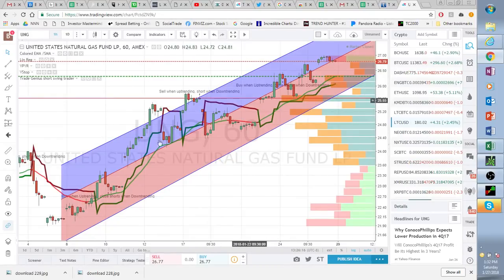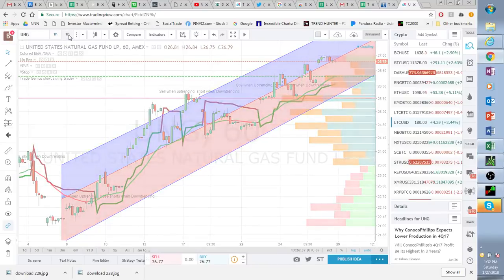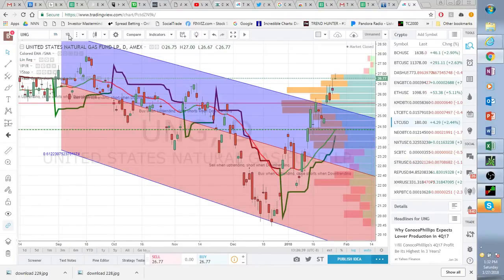We've had some big moves here because this is all weather related and storage issues, and it's still on a buy, but we're at a point pretty close where we'll start seeing a sell signal on it. And when you get a sell signal on UNG, the trend becomes your friend on the larger time frames. As you can see here, it's blown through the channel. If it comes back down into this channel here, you get a sell signal anywhere in here. It's a good trade to take, especially going